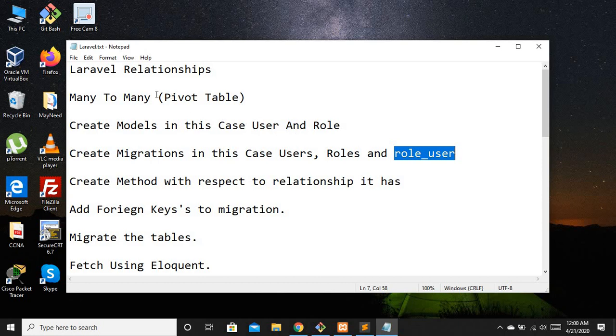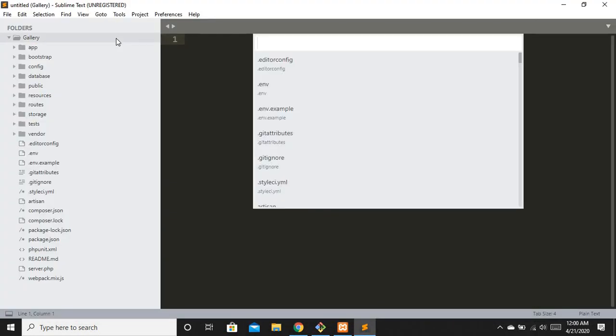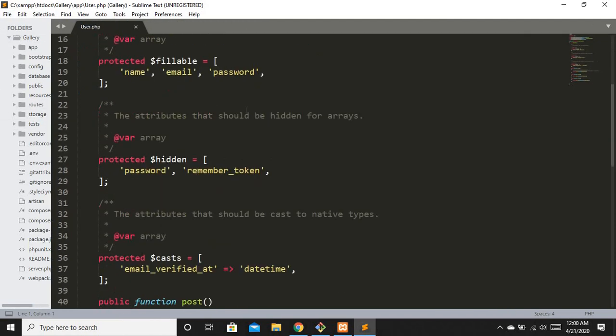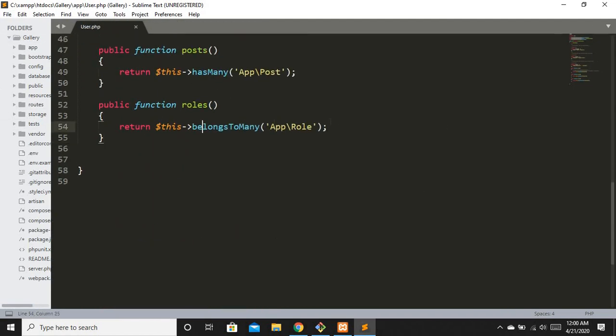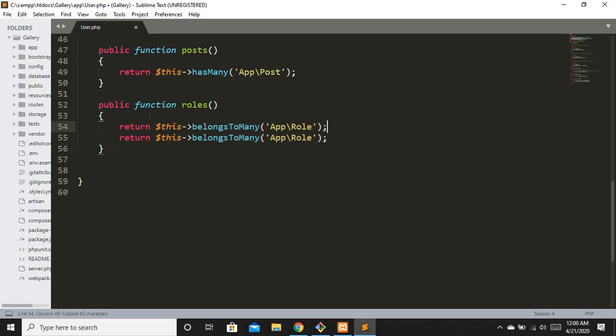Now comes the case when you don't want to follow the Laravel conventions and you want to make a custom pivot table. Okay, so let's see this case. I will just move to my user.php model. Okay, I will just copy it right here, basically not this one. I'll just copy it, replace it right here. I will comment it out, and basically this belongs to